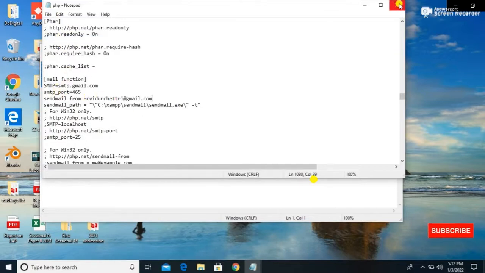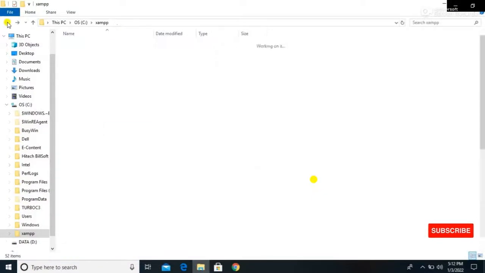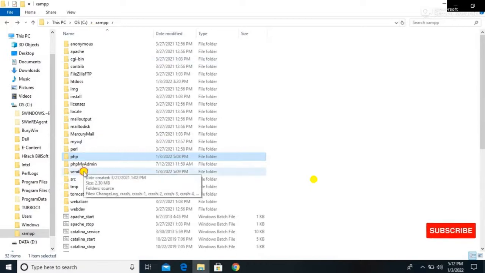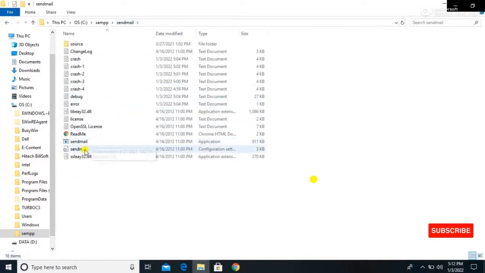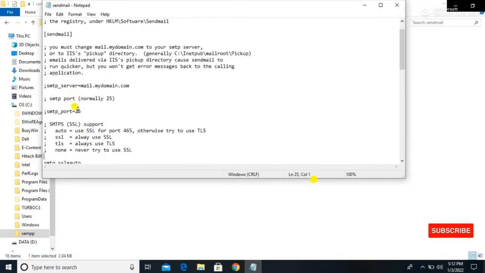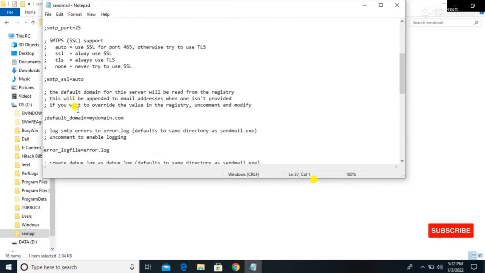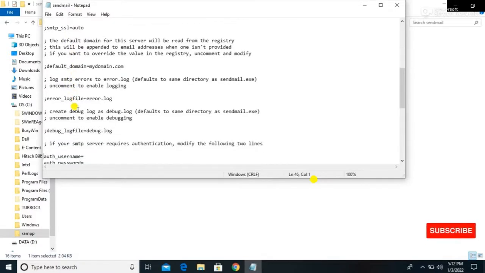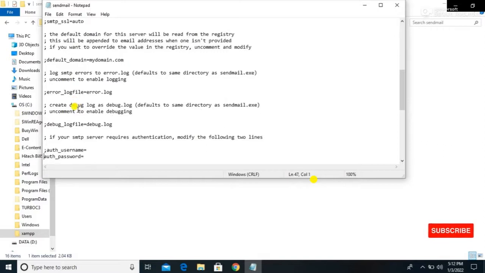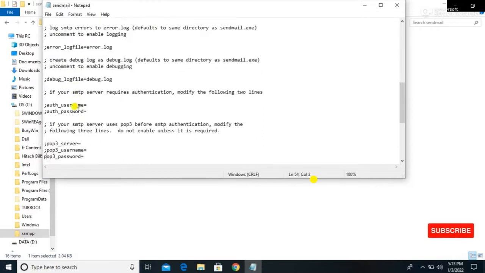After saving this file, we need to open the XAMPP folder, and inside it you will find another folder called sendmail. Here in this sendmail folder, we need to edit the sendmail configuration file, and we need to comment a few statements. After commenting all these statements by typing the semicolon in front of them, we need to write a few lines of code.